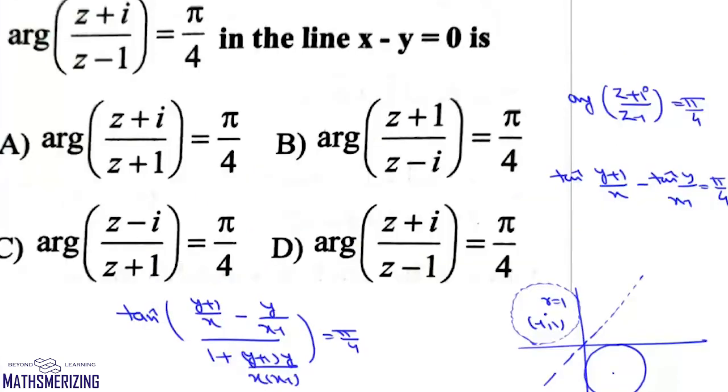Now for this given circle, this point of contact is minus iota and 1, and for this circle the contact is minus 1 and iota. So it has to be argument (z minus iota) upon (z plus 1) equals pi by 4, and that's your option C. Suppose z is such that argument of (z plus iota) upon (z minus iota)